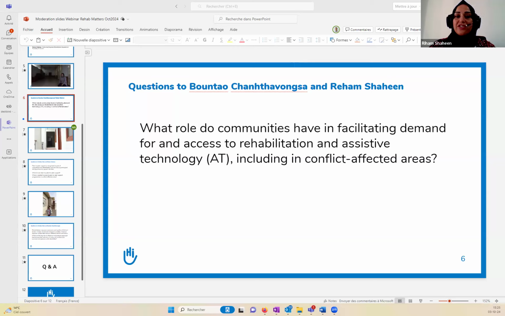And the identification of needs can help in advocating toward the integration of rehabilitation and assistive technology in the health system, in the emergency situation, and in other situations. So I would say that the community can also identify the need and refer to the existing services in order to ensure that the affected people can have access to timely services to prevent further complications and enhance their participation